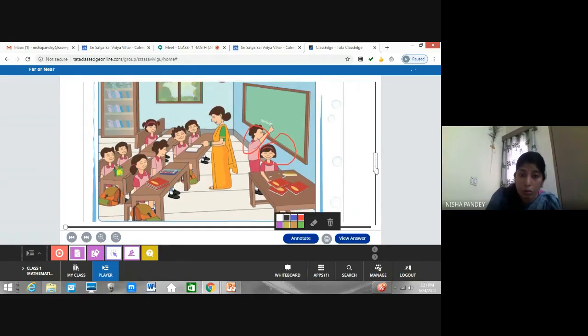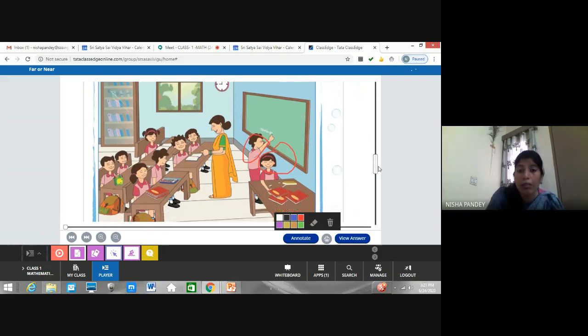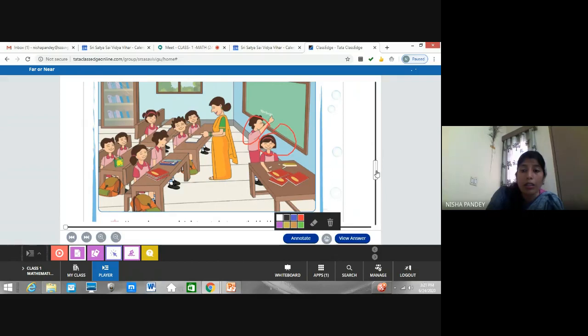So where is window first we have to see. So here are the windows and which students are far from the window? These two. So we can select blue color and we can circle them. Yes, number one, number two. As they are sitting at the last corner of this bench, so both are far from this window. Okay,